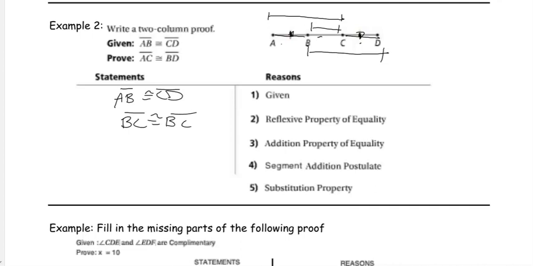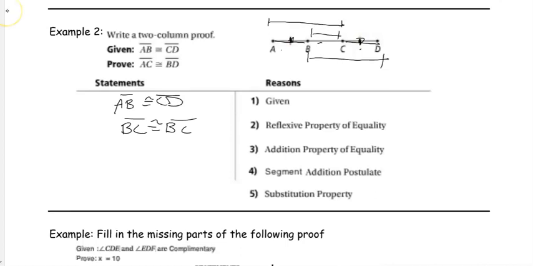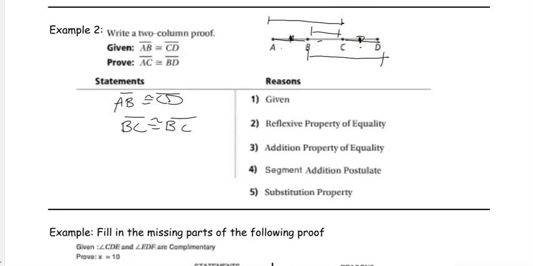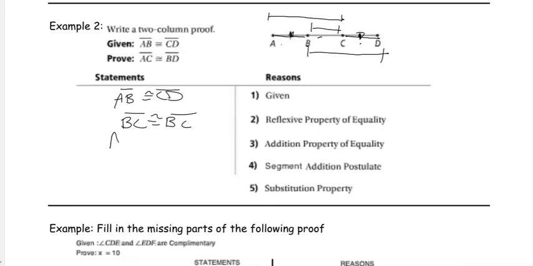Okay, the addition property of equality. The addition property of equality is going to say that AB plus BC must equal CD plus BC. All we did was say that when we had that, let's go ahead and add a BC to both sides. Addition postulate. Segment addition postulate is going to say that AC is going to equal